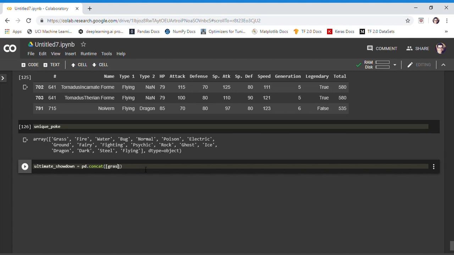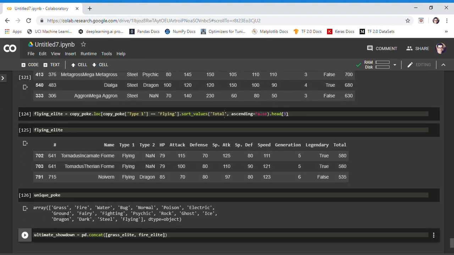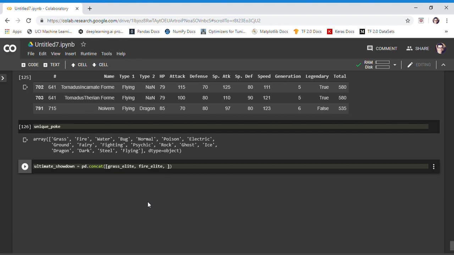So grass elite, and then what I'm typing in now are all the variable names that I typed in before. So this is flying elite, so I'm going to type them in order from what I see here, but when I get here I'll type in flying elite, which is a reference to what I captured from before. Okay, so fire elite, water elite, bug elite,